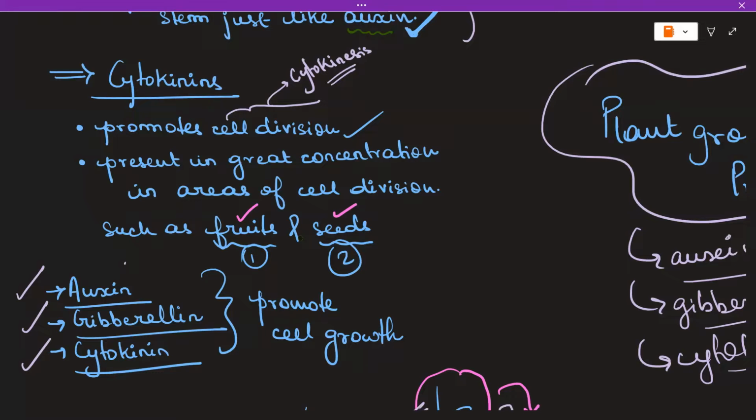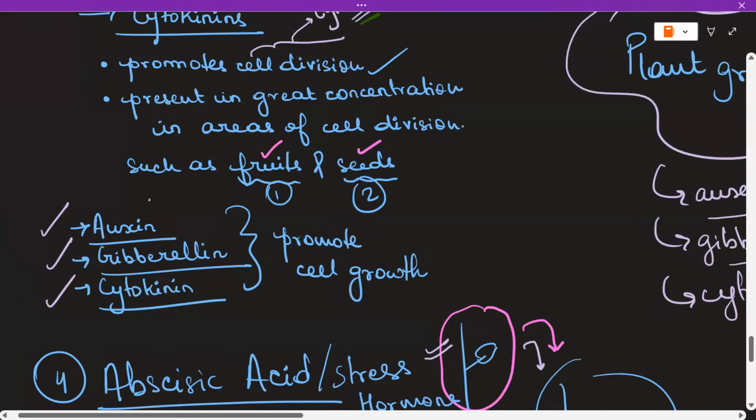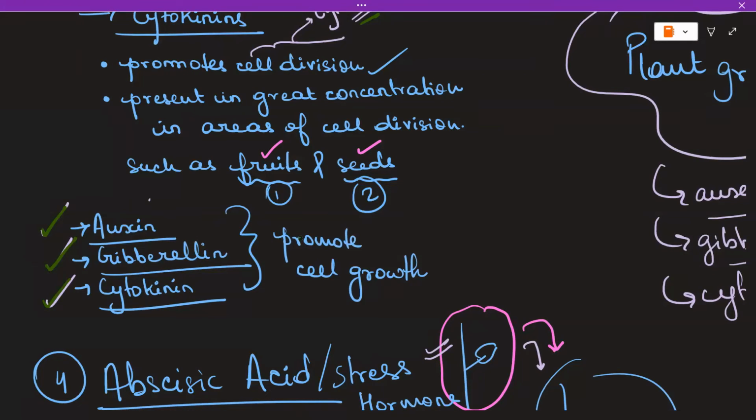Cytokinesis means cell division. So that hormone which will cause cytokinesis will be called cytokinin. Now remember, wherever in the plant's body there are areas of cell division, these cytokinins will be present in a really huge amount, such as the seeds, the fruits, the growing parts of the plant. So all in all, the hormones auxin, gibberellins and cytokinin, all together they are known as the plant